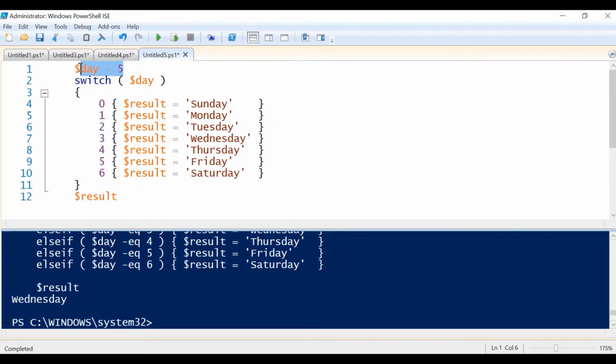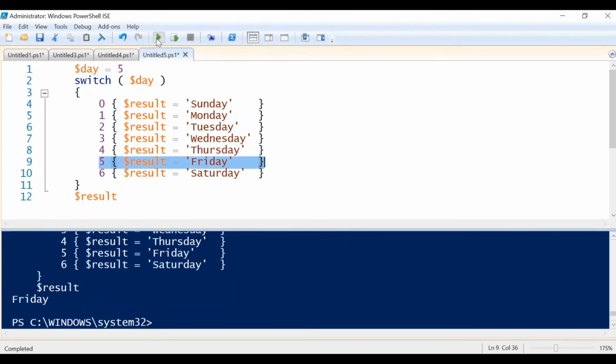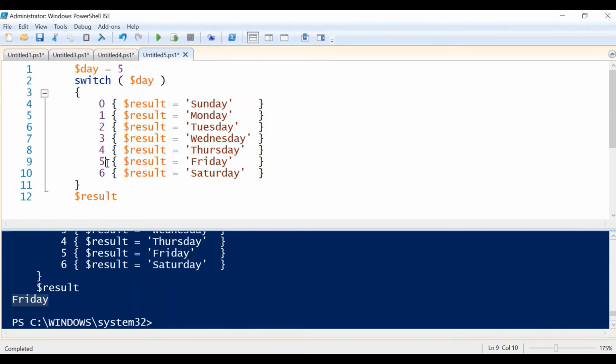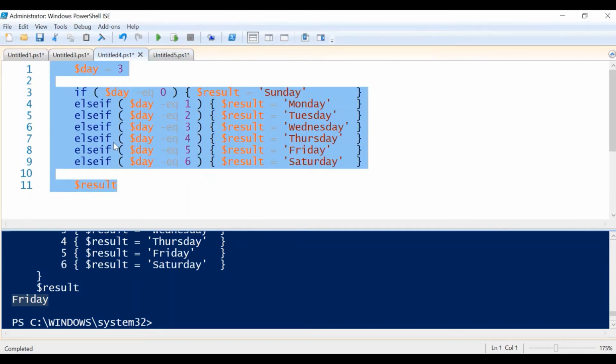So let's run this script and see the output. As you can see, Friday is assigned to the result variable because line number 9 is executed. As you can see, these lines are more readable than these multiple else if blocks.